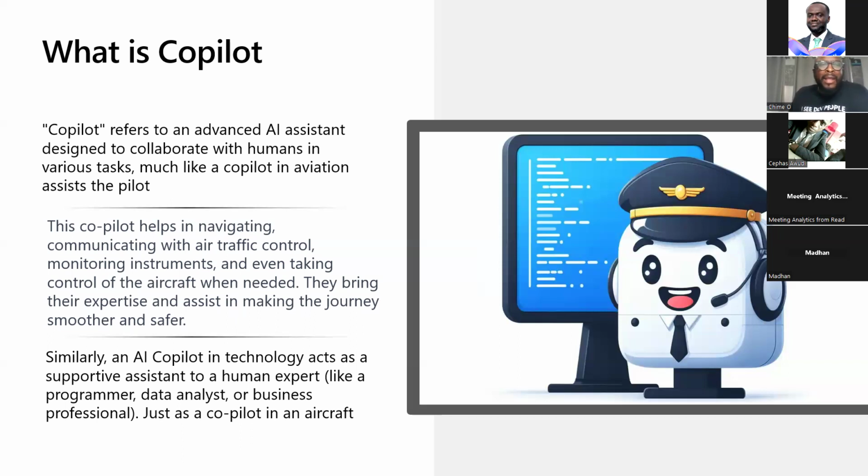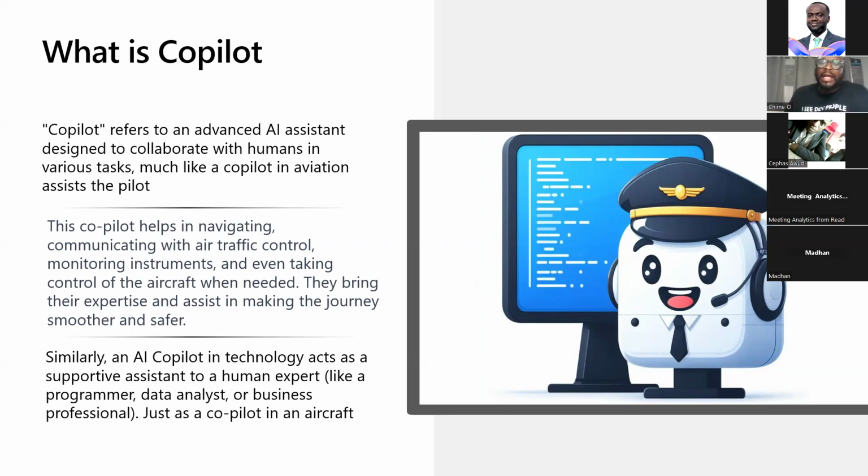Okay. So Copilot improves safety and efficiency, for example by identifying errors in your code. It can also suggest best practices and ensure there's automation within your business processes.